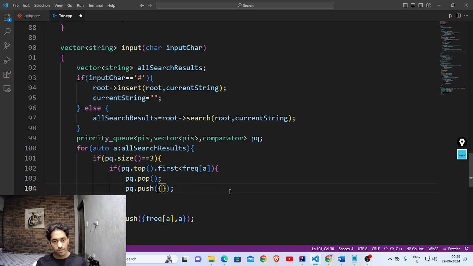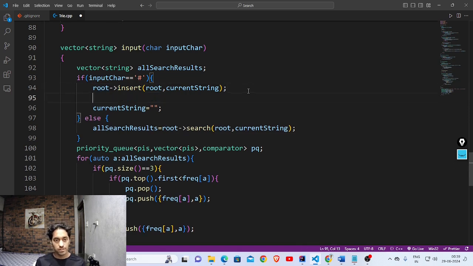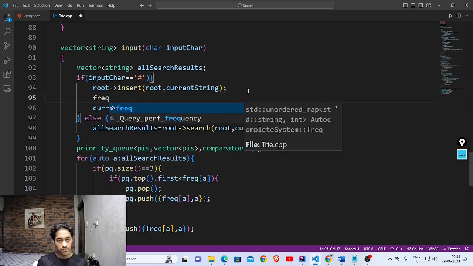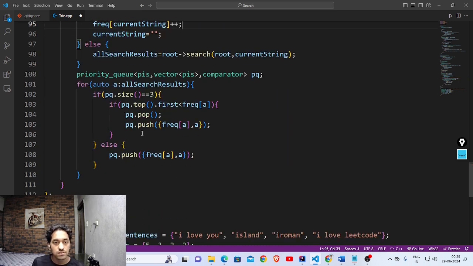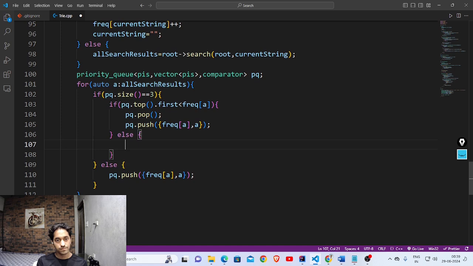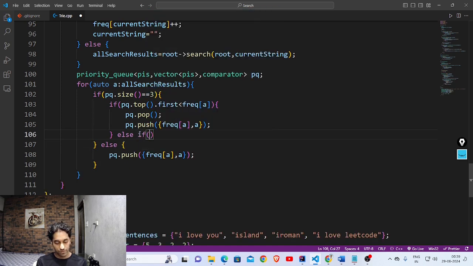All right. I think I'm missing something here, right? Because I'm inserting, I'll also insert this frequency of the current string that I have inserted into the map. So this is done, and here, else if the frequency is equal, this is equal, in that case,